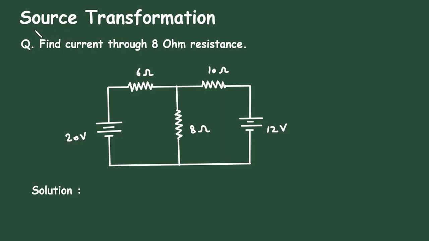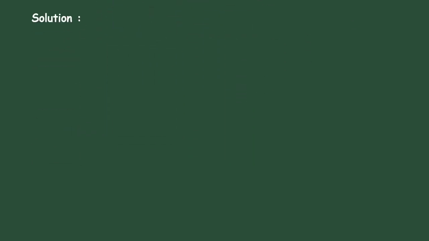Source transformation question: find current through 8 ohm resistance by using source transformation technique. Here in this circuit, we have to find the current through this 8 ohm. Solution: